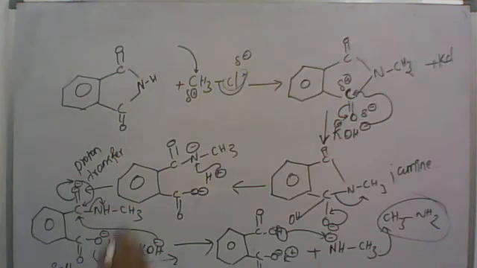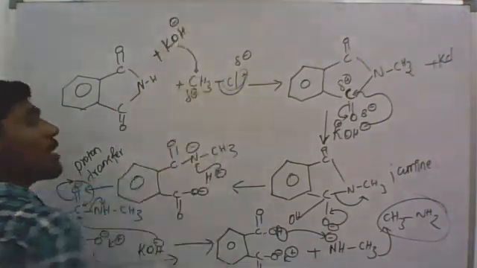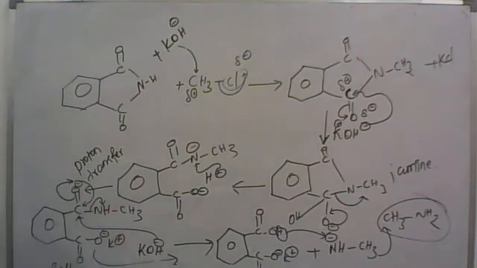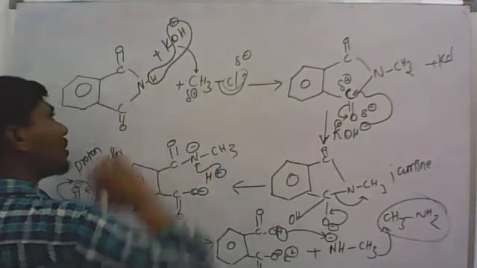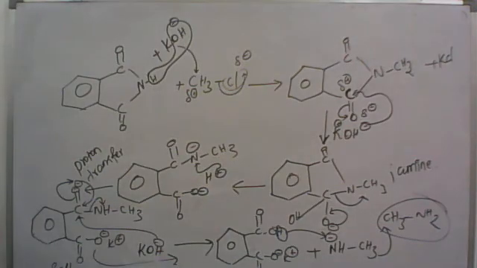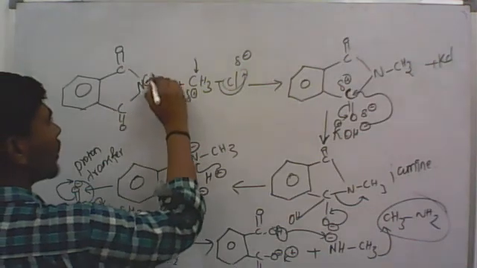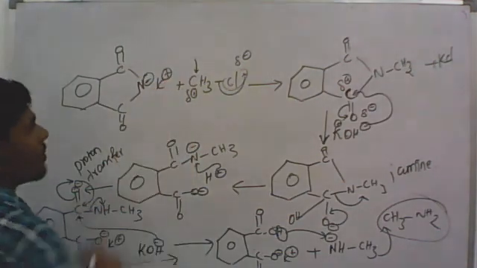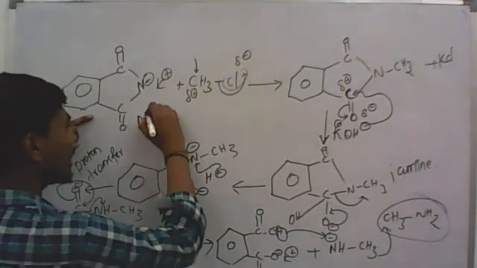Now for reactivity we are reacting in a basic medium. The basic medium is KOH. Now the hydrogen is abstracted by the OH group, and it produces a nucleophile, N minus and K plus. The nucleophile is going to react with the